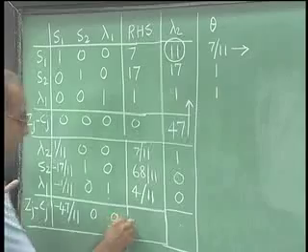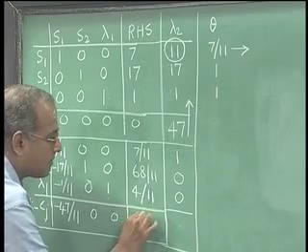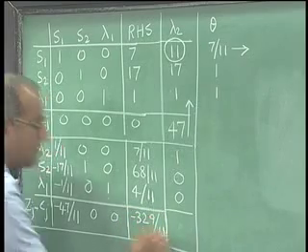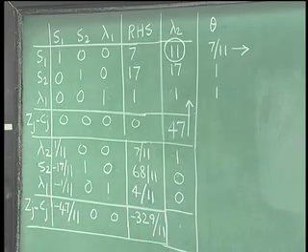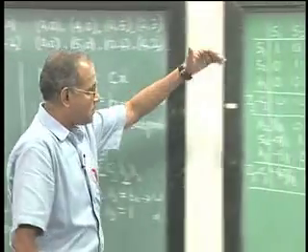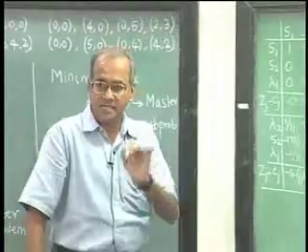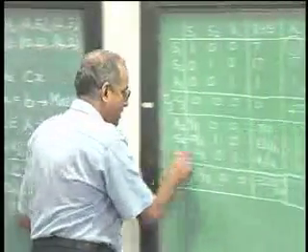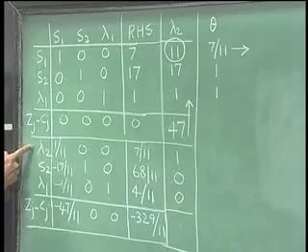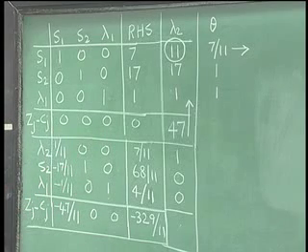So, we get minus 329 by 11. Now, this is the solution. Now, what does this basic feasible solution tell us? Right now, from 0 0 0 0 this has moved to a new point which is given by lambda 1 is equal to 4 by 11, lambda 2 is equal to 7 by 11, which means the present point